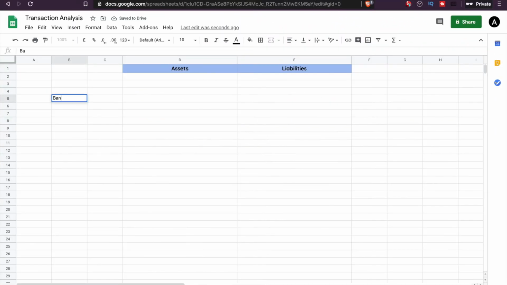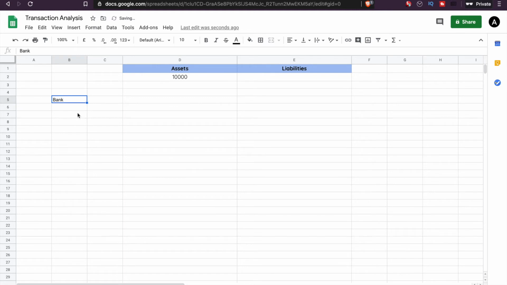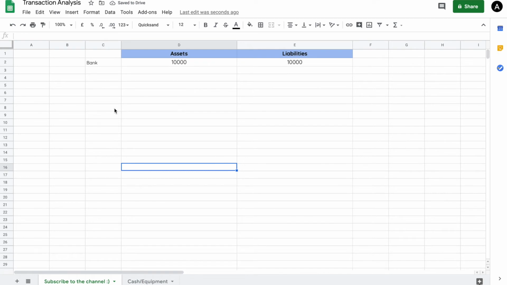Now let's say you go to the bank and you take a loan of $10,000. What happens from an accounting perspective? In the asset column there is $10,000, because that $10,000 you've borrowed is now used to grow the business. But also, because it's a loan from the bank, it's a liability. So in the liability column as well, we put $10,000. Thanks to the bank, we now have a cash balance in our asset column of $10,000.